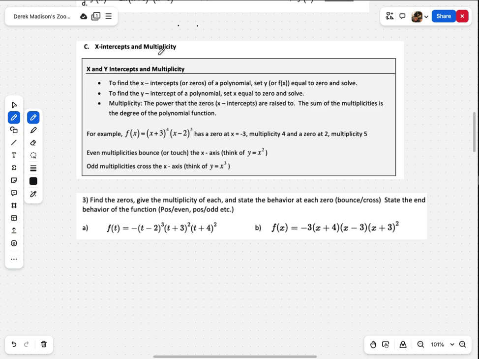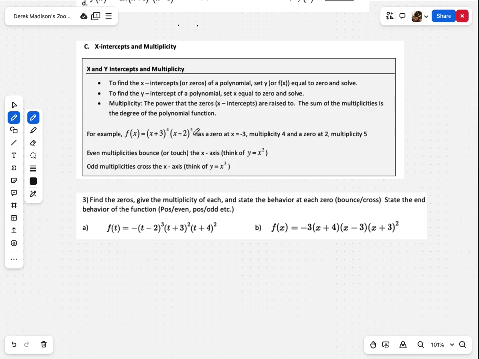So x-intercepts and multiplicity. To find the x-intercepts, or also called the zeros of a polynomial, you set y to 0 and then factor, or just solve for x if it's already factored. To find y-intercepts, if you need to, you would let the x all equal 0, and then that will give you the y-intercept. And then the multiplicities, another one of our definitions, is the power that the zeros, the x-intercepts, are raised to. The sum of the multiplicities is the degree of the polynomial function. So for example, right here, this has a 0 at negative 3, multiplicity 4, because of that 4th power right there. And then it has a 0 at 2, because x minus 2, what would make that 0 is positive 2,